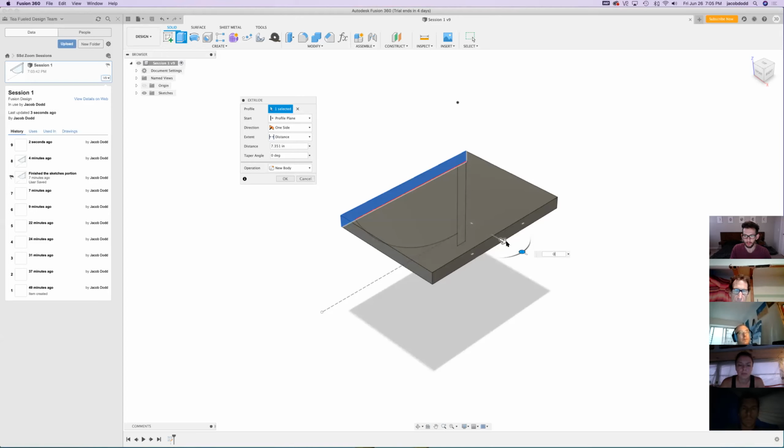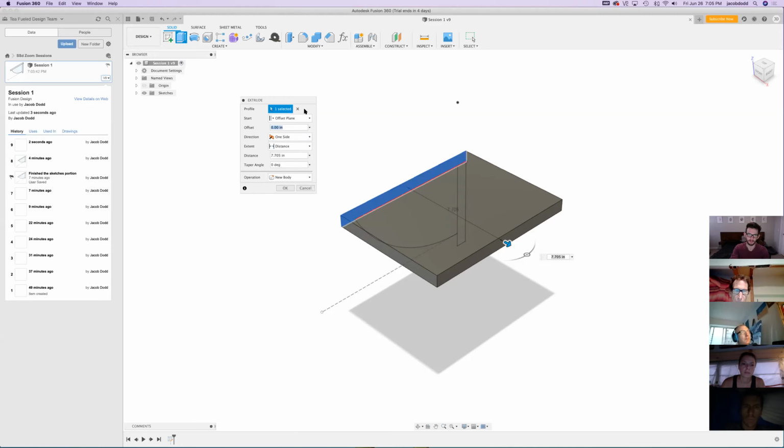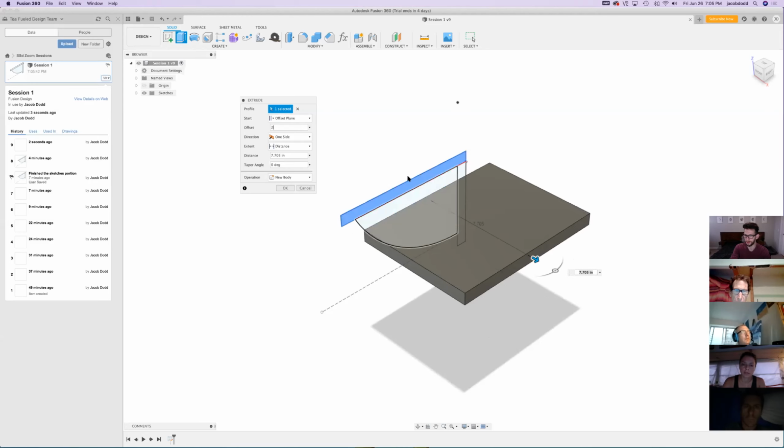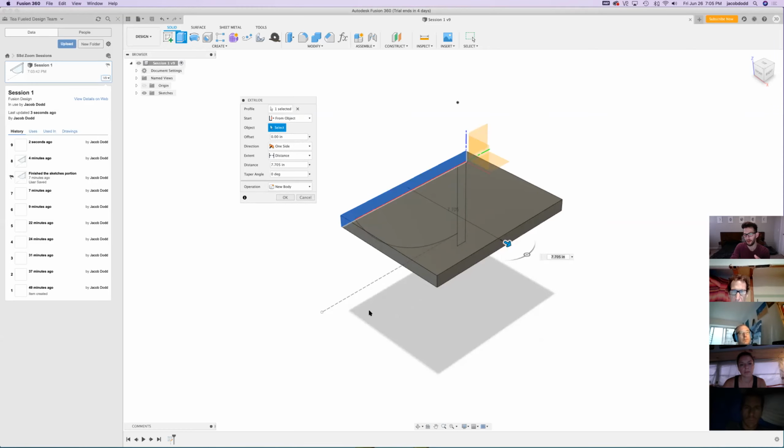So what we're going to do there is say that we want it to start where we've started our sketch. So that's the profile plane. We can also offset it by a fixed amount. So offset by 2 inches from the plane, and it will start the extrusion offset from the edge. And we'll actually use that feature to make sure the brackets are not right on the edge of our boards. And then additionally, we can say it's starting from an object. We don't have any objects in our scene aside from the sketch, so it's redundant to use that at this point. So we're just going to use profile plane, and